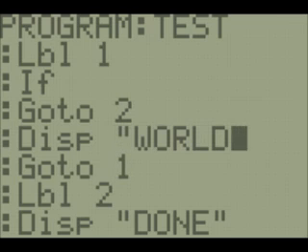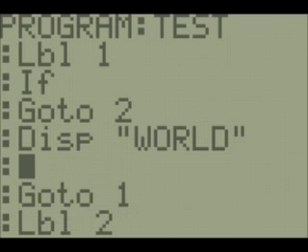So before the end of the loop, let's put in a line that will increment a, or increase a by 1, or count up. So the way we do that is by doing a plus 1, and if we just do that, it's going to add 1 to a, but we want it to update a, so we have to store the result into a. So this is going to increment a by 1, and then we go to 1,